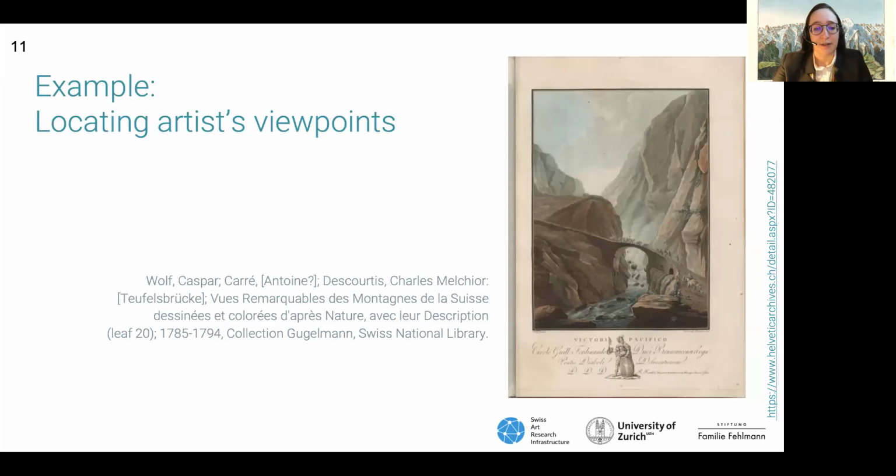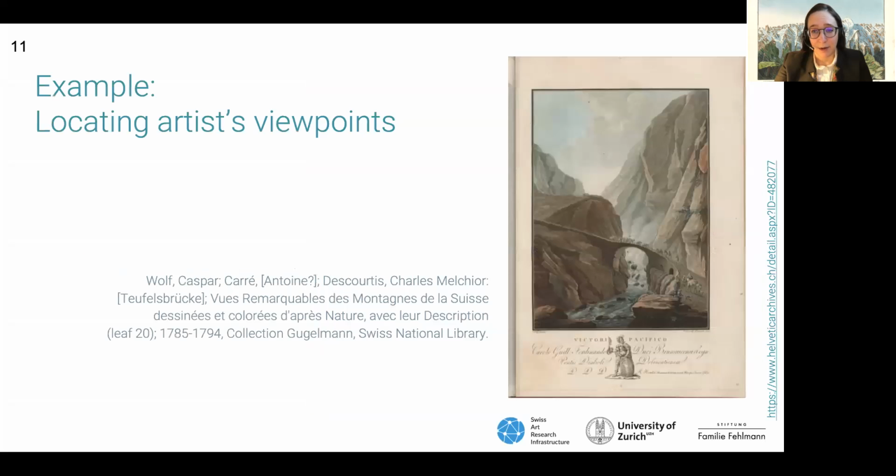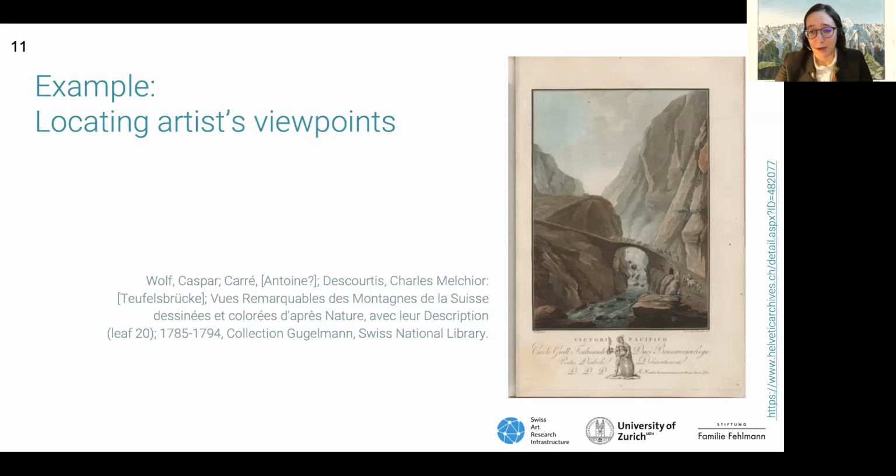We are currently researching most effective ways to annotate geo-coordinates using open access tools. An early idea is to use the Swiss topo annotation feature in a combination between 2D and 3D visualizations of the map to approximate the viewpoint where the artist could have stood at or sat at. In these two views of the Devil's Bridge, we can see that although the same motif is depicted, the viewpoint changes from the right side of the creek here to the left side of the creek in this picture. Besides, as time has passed, a second bridge had been built.